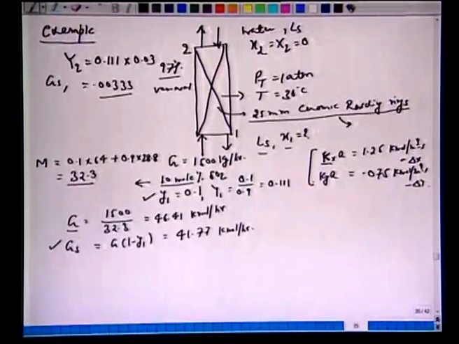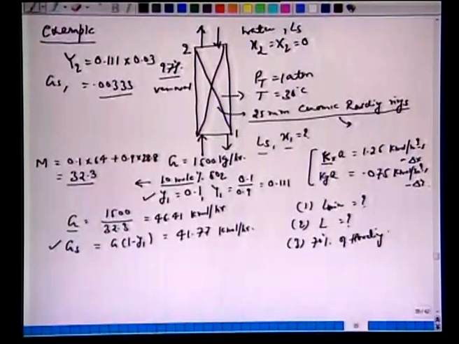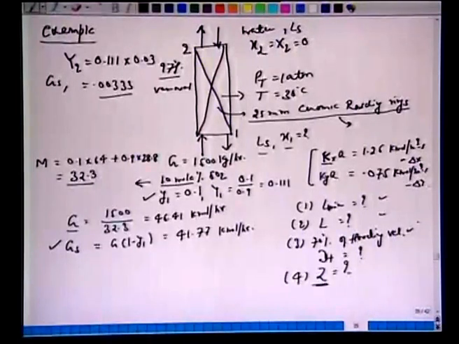So, this is given to us, and we have been asked the very typical questions. Number 1, calculate L min, minimum amount of solvent required. Calculate L, which is 1.5 times the minimum solvent required. Our operating condition is 70% of flooding velocity. Based on this, determine the diameter of the column, and the last but not the least, which we are going to calculate here, determine the height of this column. So, the first 3 we have already answered in our previous lectures. So, we will go very quickly here.